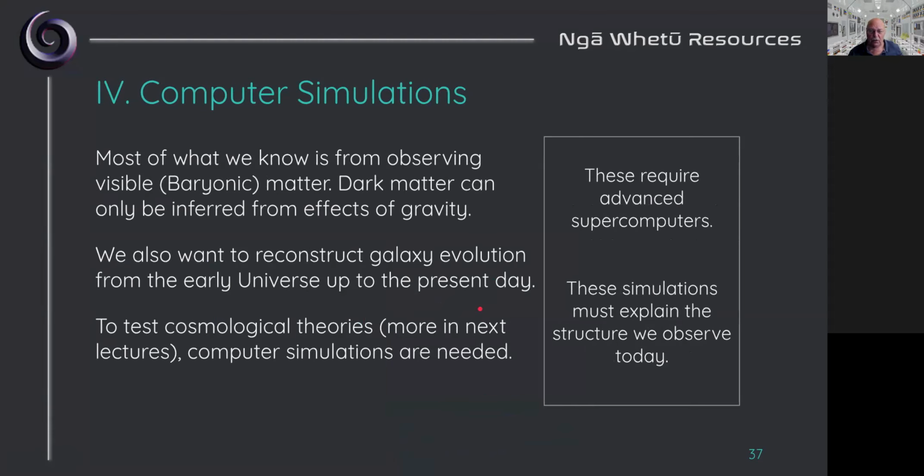Okay, finally, a few words on computer simulations. So we want to reconstruct the evolution of galaxies. We can see only so much. We can observe at different distances, different stages of galactic evolution, that's the topic. And in order to test these theories, because these effects, these mergers, etc., and the evolution of galaxies take place over billions of years timescale, in order to see if our models are more or less correct, if they make sense, we do a computer simulation,